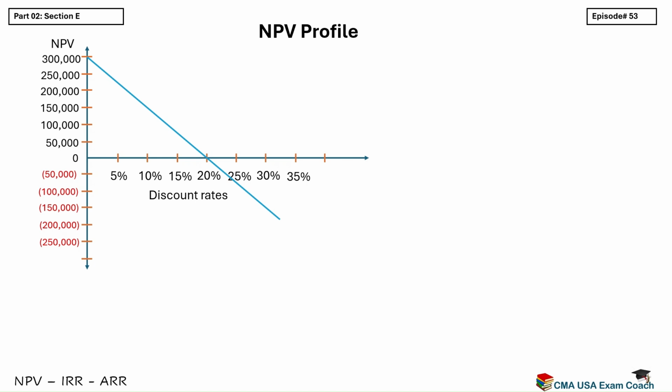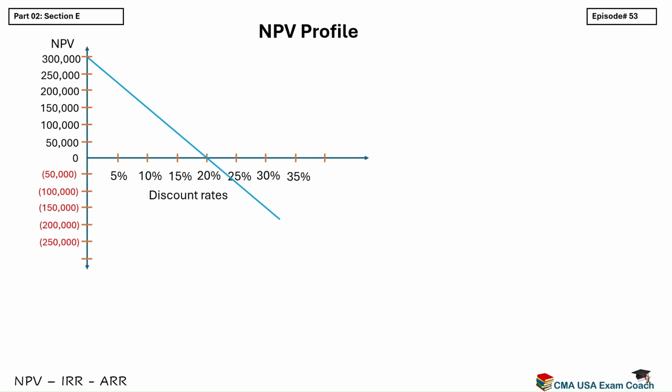That's why the curve goes down as we move to the right, showing higher discount rates. This graph is very helpful because it gives us a visual picture of how sensitive a project is to changes in the discount rate. It makes it clear that as the required return or risk increases, the attractiveness of the project decreases. By looking at this slope, we can quickly understand how changes in risk or cost of capital affect